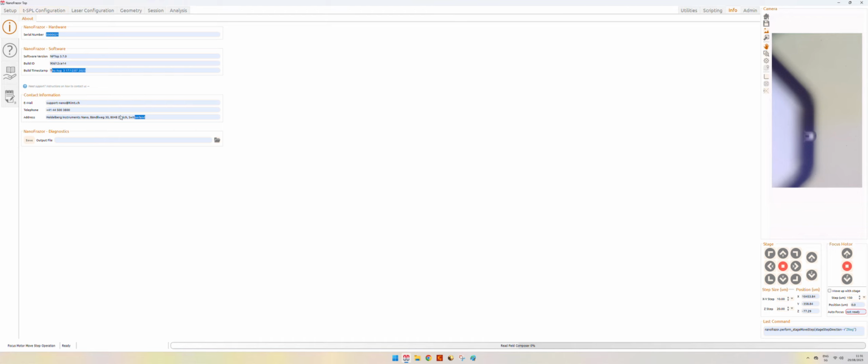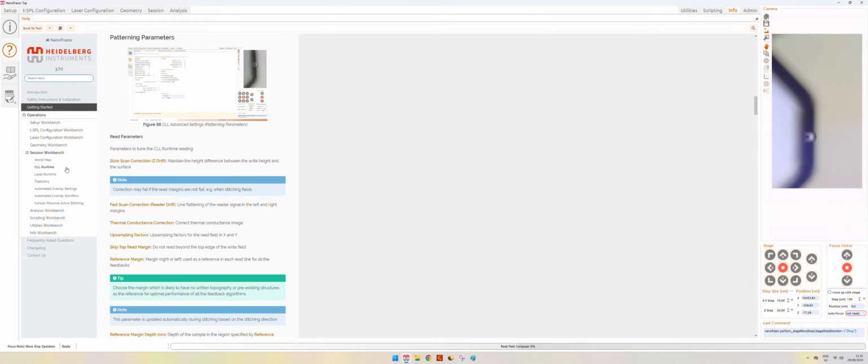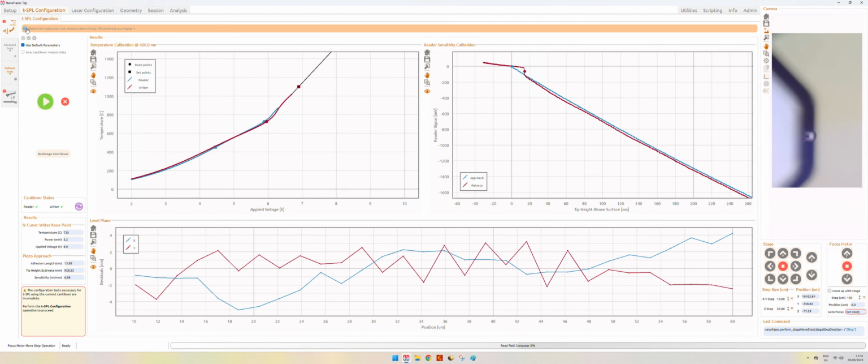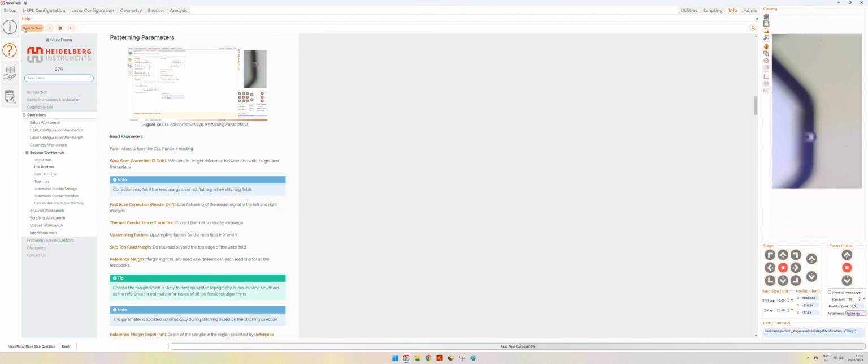You can find the contact information for our support, our address and our telephone number, as well as the user manual, which is well integrated with our software. Whenever you are operating the software in any tab, you can press this question mark, and this will lead you to the appropriate section of the user manual.